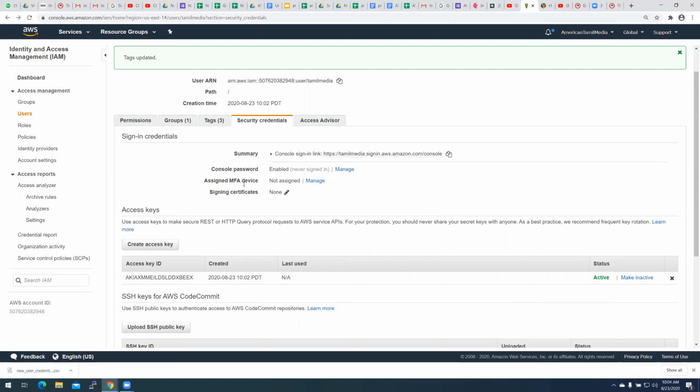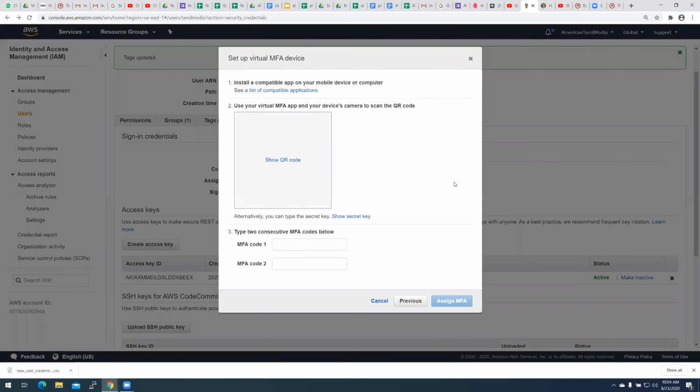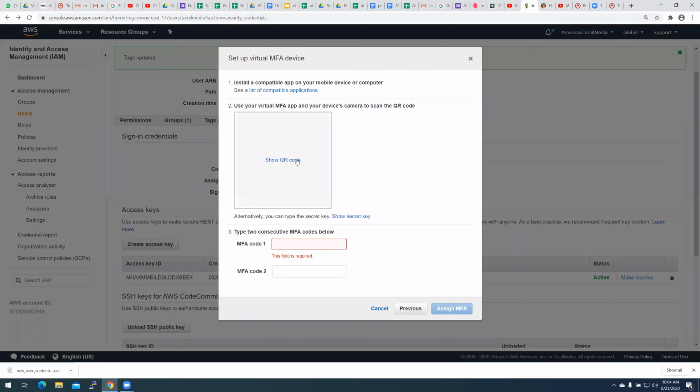And here you can assign an MFA device where you can say this person has to come through a virtual MFA device. So here, if you have a phone, I can set up my two-factor authentication.